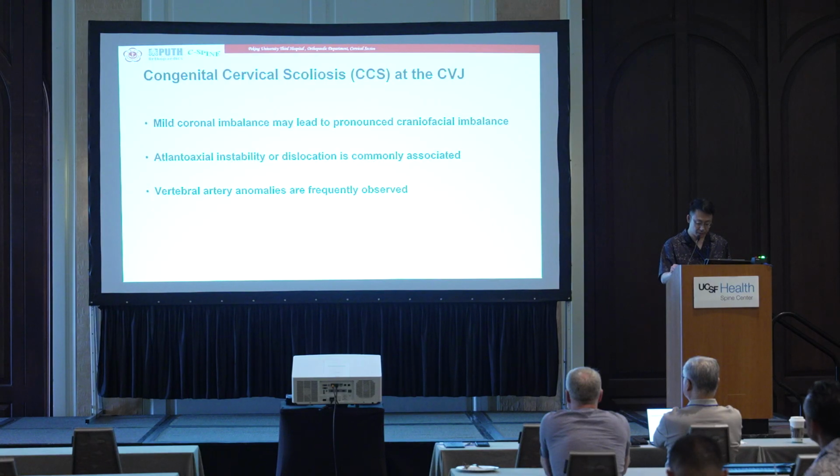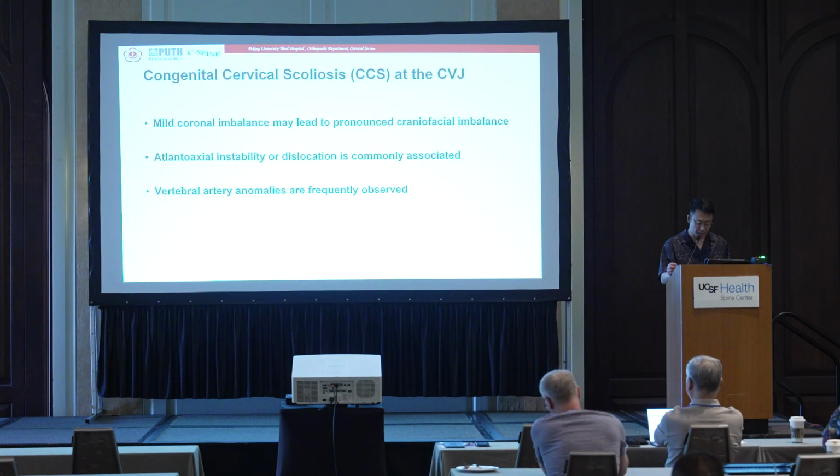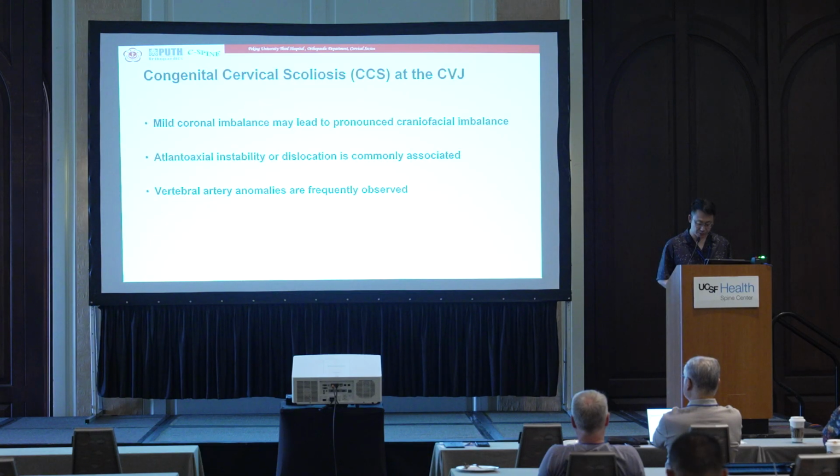The first one is that, as the CVJ forms the anatomical foundation of the skull, even mild coronal malalignment may result in pronounced craniofacial asymmetry. Number 2, atlantoaxial instability or dislocation is commonly associated and may lead to progressive neurological deficit. If left untreated, the result is terrible. And the last one, vertebral artery anomalies are frequently observed in this region and subsequently increase the surgical risk